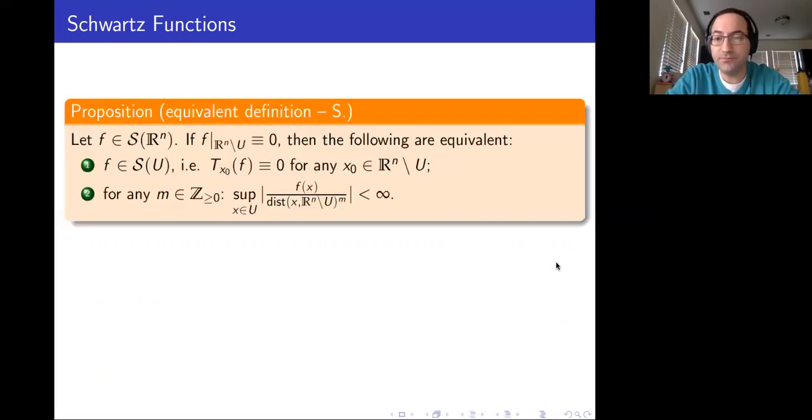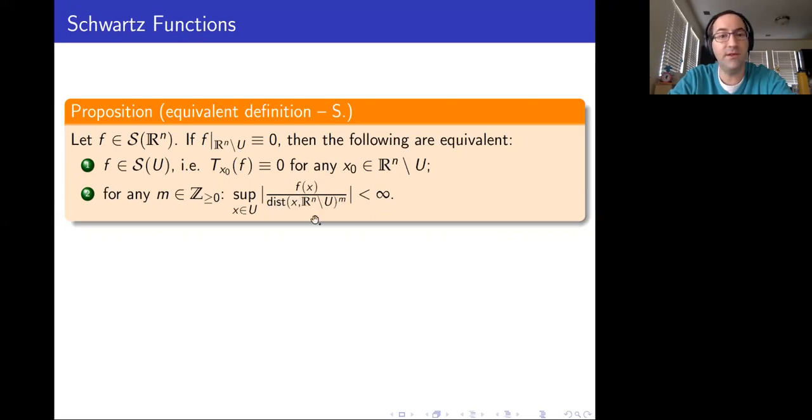Now we have this proposition. As Jean-Philippe said, let's take a Schwartz function on Rn, and assume that restricted to the complement of U, it's identically 0, which is an easy condition to check. Now we have this equivalent condition saying that Rf is a Schwartz function on U, namely the Taylor series is identically 0 at any point outside of U, if and only if Rf decays really fast as it approaches the boundary. Namely, not just that the supremum of the function itself is bounded, but even if we take the distance to the boundary,